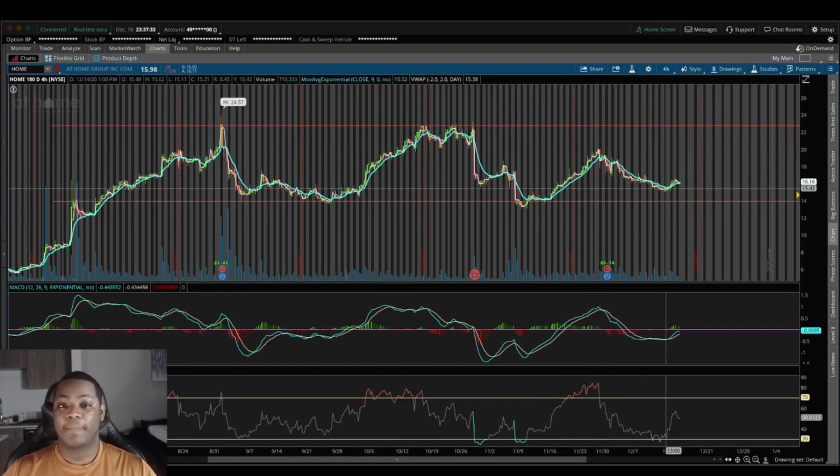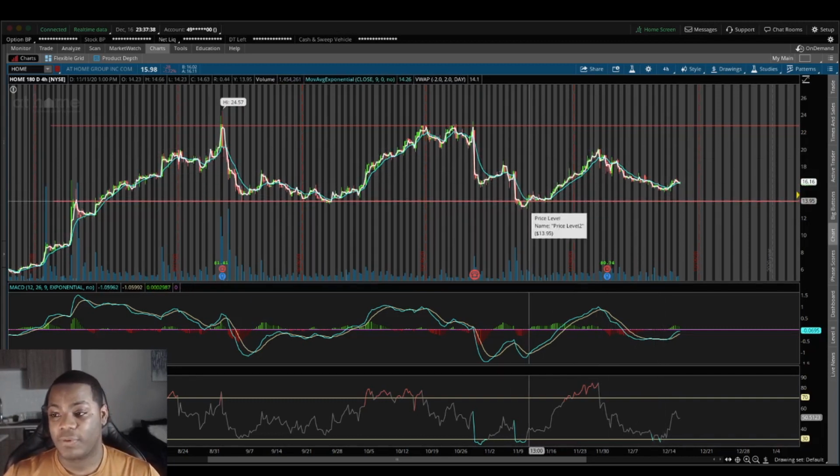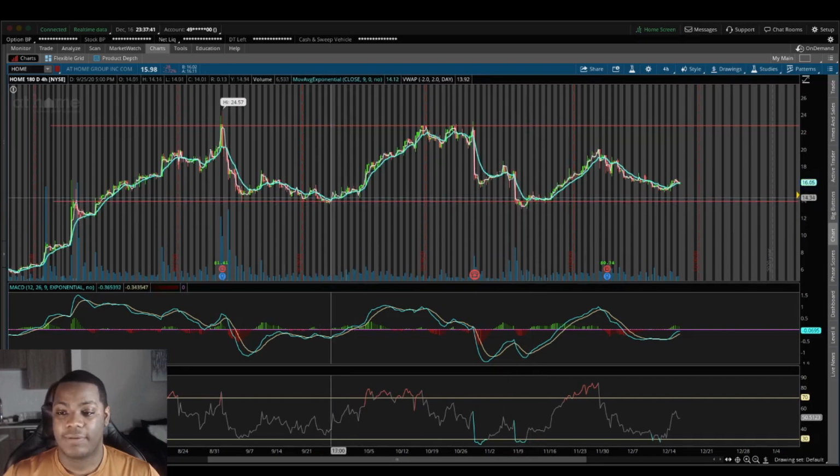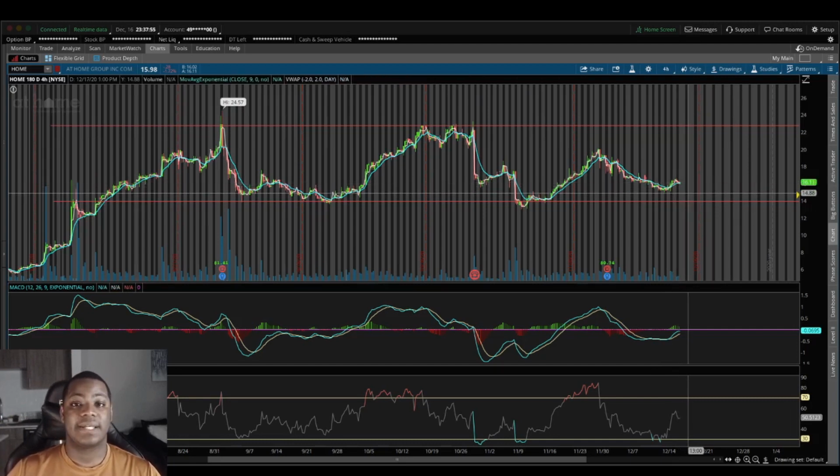So the question is, based on previous patterns, if you're looking at the chart, we see there was a support here, $14, a support here, $14, a support here, $14, a support here, $14. We see where the price point is right now. Currently, Home is at $16.11. What I'm going to do is wait for that perfect support opportunity to present itself at that general $14 price point, and at that time I will determine if I would get a position, because based off of previous patterns,